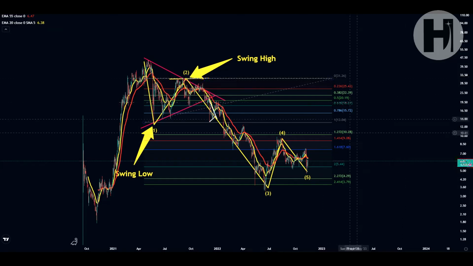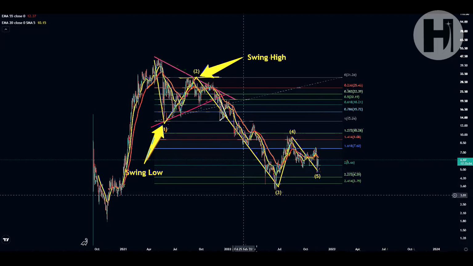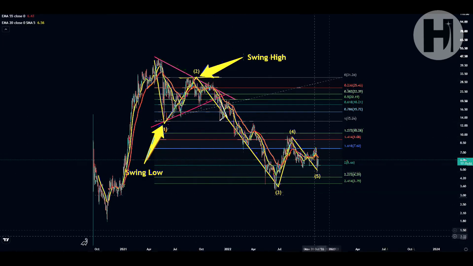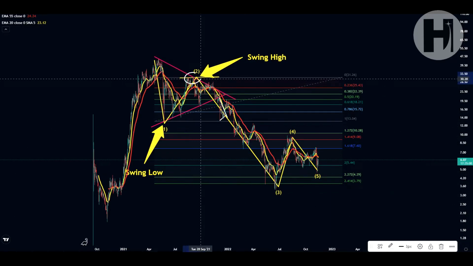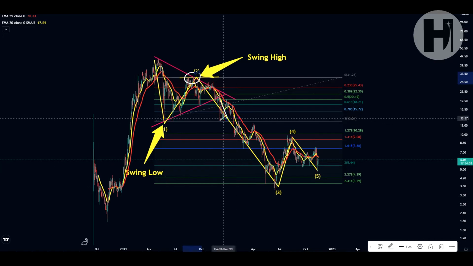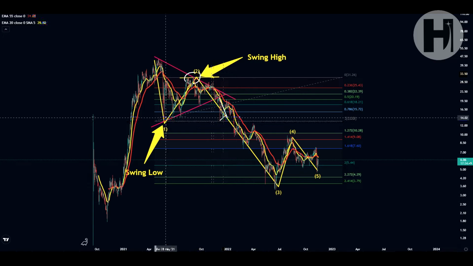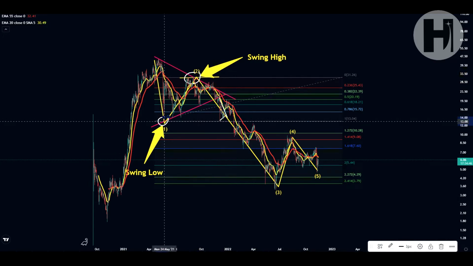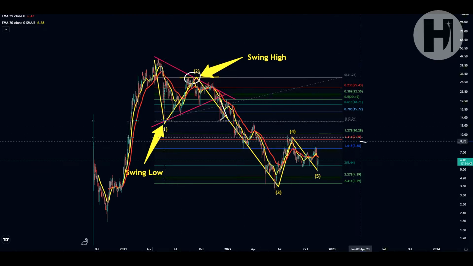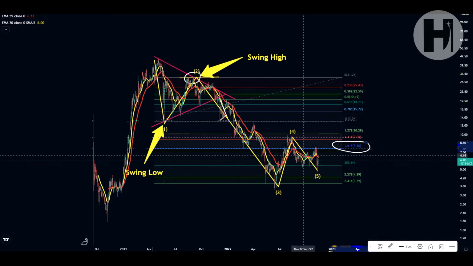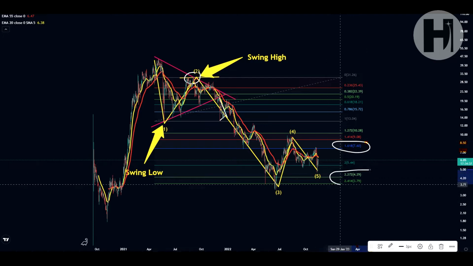So jumping into the daily chart on Uniswap against the USDT, I do want to point out that I have a Fibonacci retracement on the chart with a swing high at $31, which was the high we printed in September of 2021. And we have our swing low over here, actually the swing low is over here in May 2021 at $13. That gave us the 1.618 target at $7.60, and we retraced all the way down to the 2.272 and the